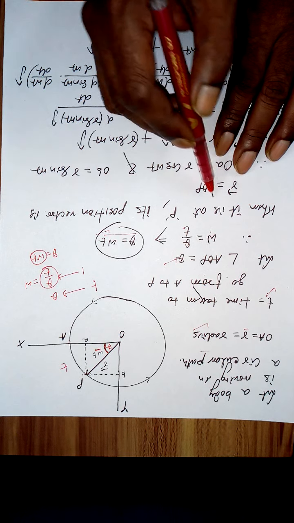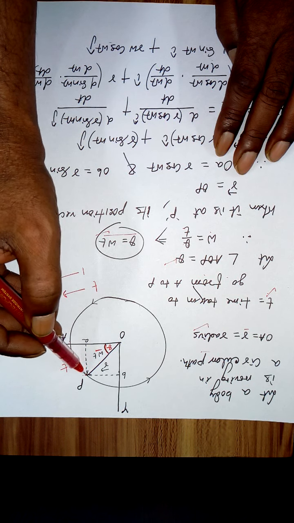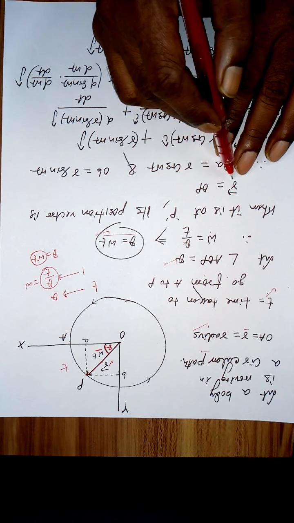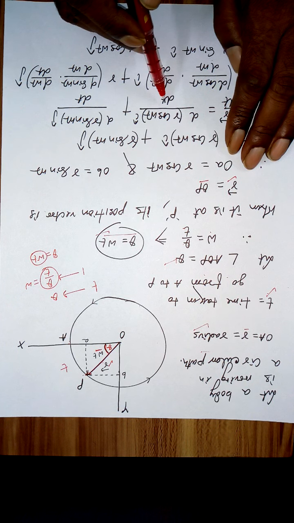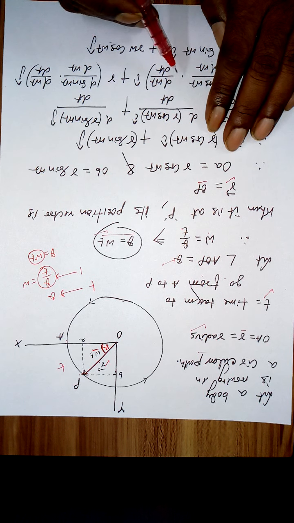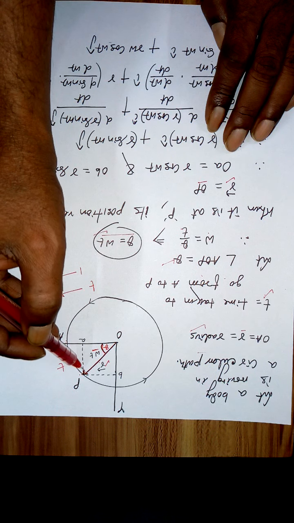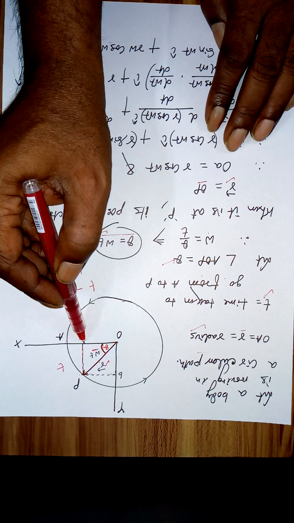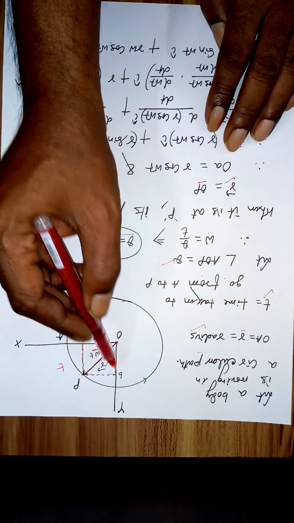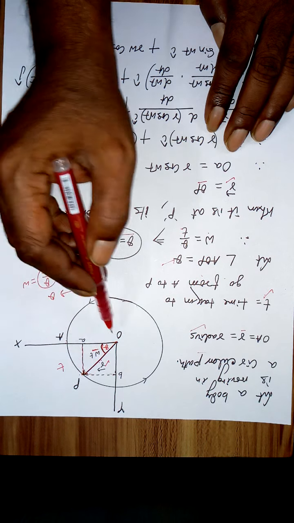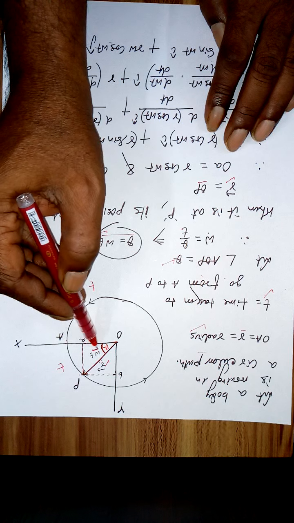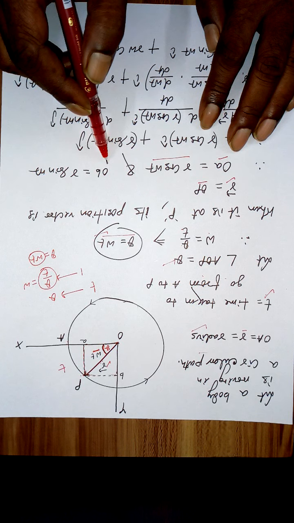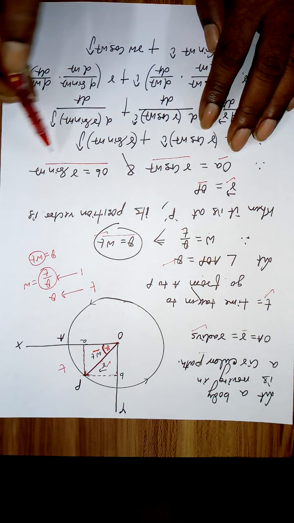Now when the body is at P, the position of the body from the center O is the vector r. So OP is equal to r vector, the position vector, which specifies the position of the body at any time. Now from this, drop a perpendicular to this side. So OA is the horizontal component of r. OB is the vertical component of r. If this is r, then OA will be r cos omega t, and similarly OB is equal to r sin omega t.